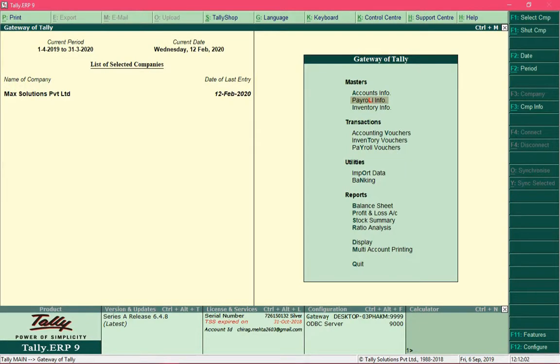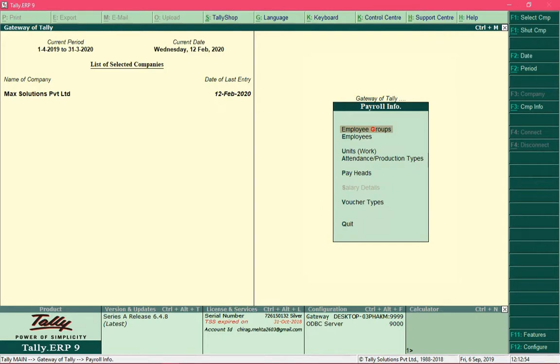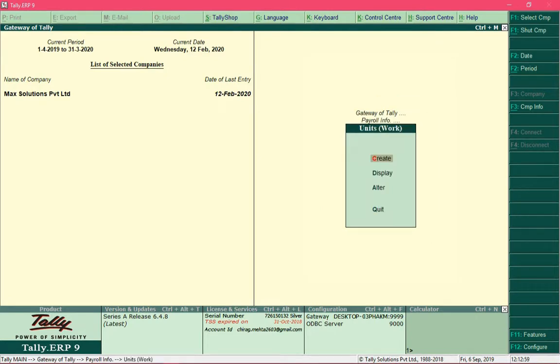Now let's begin with the setup process. We will first define the time units like hours and minutes, and in order to work with payroll, select the option payroll info, which is at the gateway of Tally. So I will select it over here, and to define time units, navigate to the option units and select it